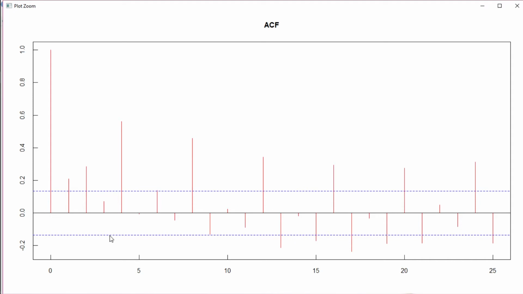So here you can see that at lag 4 you have one spike, then at lag 5 there is another spike, and you can see these are not declining eventually. Now at lag 16 you have another spike, so this is not following an AR process.